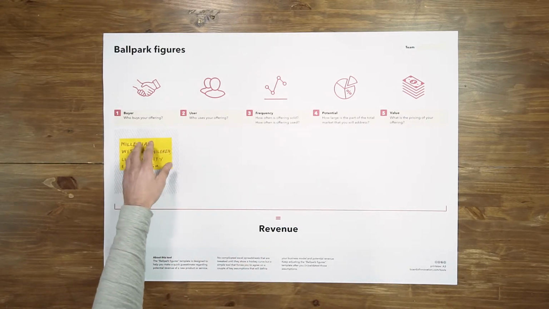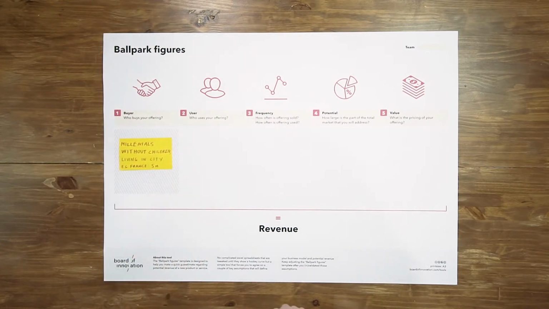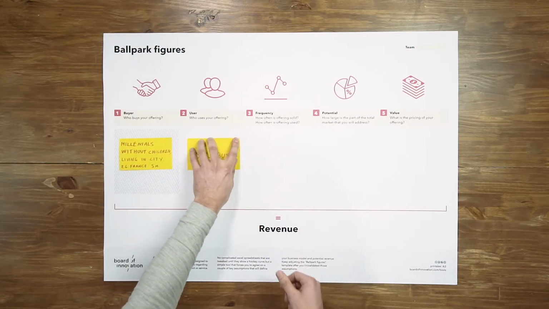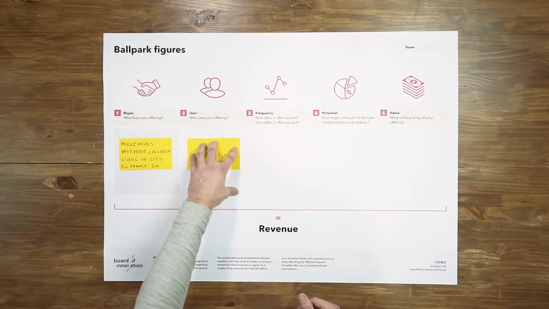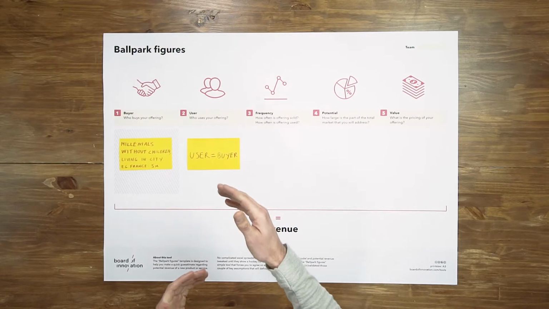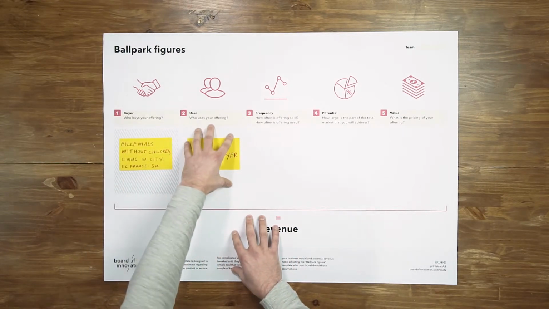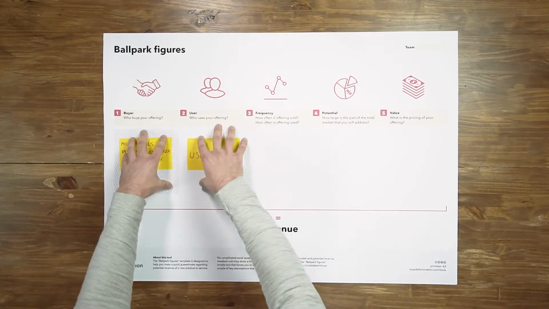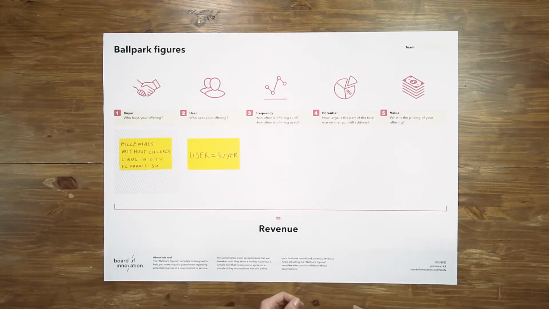For this example, we can look at the buyer and the user. Are they the same or not? In this case, they would be the same. The person who will buy the service will also use the service himself. While there are some business models where it's not the same. So you could have a service where you're actually selling to the parents, but then the kids would actually use the service. So it depends a little bit on your business model. Sometimes you need to make the distinction between those 2 clusters. In this case, it will be the same.